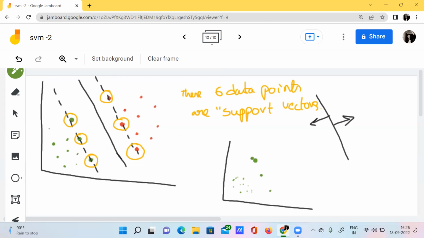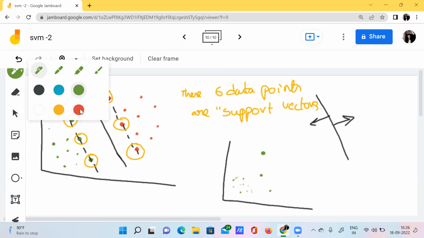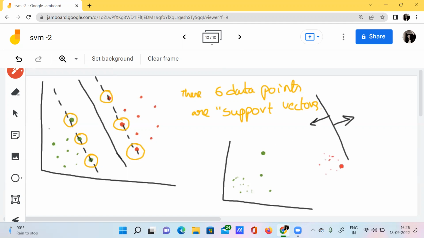But instead of placing this data point here, I'm purposefully changing the location of this data point. Instead of placing it here on the same line, I'm intentionally changing this data point to this location. I want to see what happens. Does that actually change the angle of my hyperplane or not? I just want to see. Let's see. And I have some red data points like this.